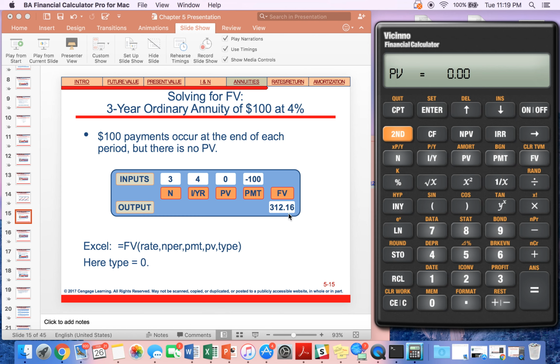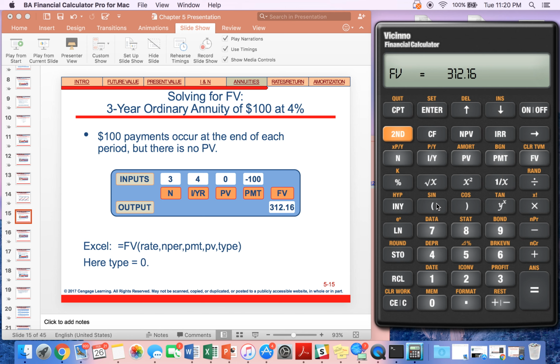So you plug that into your calculator. And then your payment is 100, right? And that's a negative payment to you because that's money that's leaving your pocket. Okay, so we'll plug in a negative 100 for our annuity in our calculator, and then we will compute for